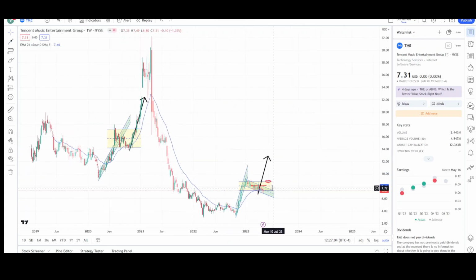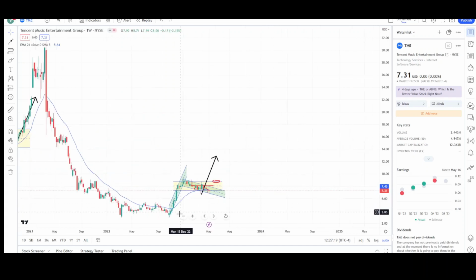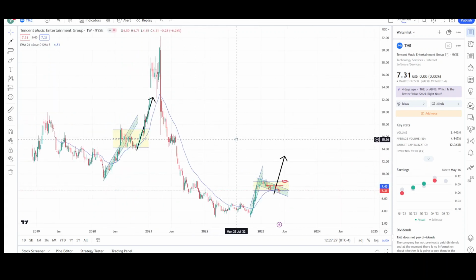But as right now, it looks like we could be getting a bounce, but there is resistance that price can face. If we just ignore it, then the good chance is that we just continue higher. If we come near it and we find rejection, then we're going to come lower. So we do have this impulse, but we do have this sideways downtrend in play too. So you can't just ignore that. So we'll have to wait and see what TME wants to do at the end of the day.